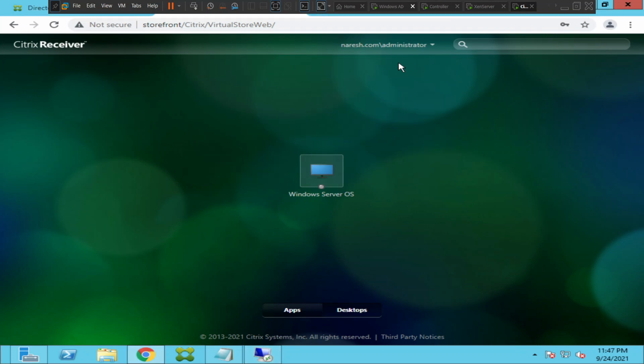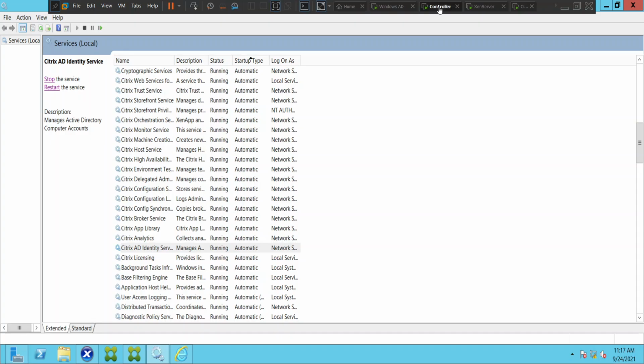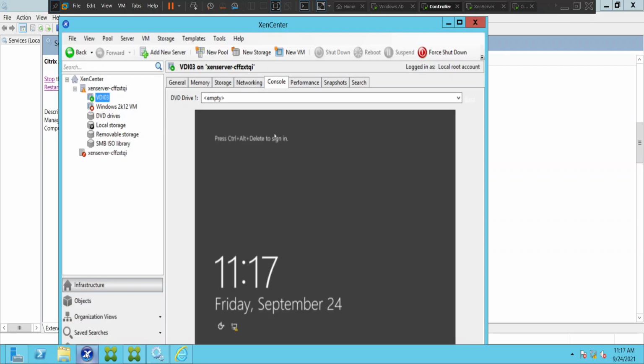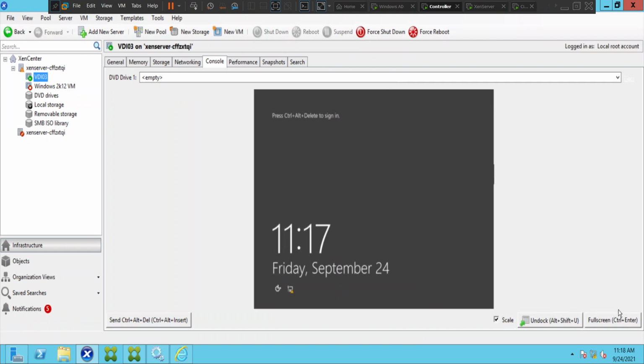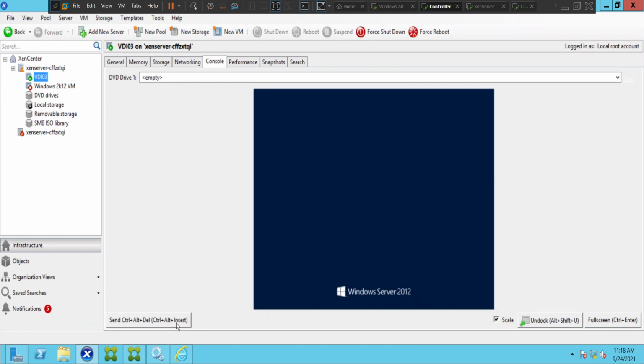I have to check the IP address first. Yesterday I made some changes, so that could be the problem. What I'm going to do is click on send control alt delete, and